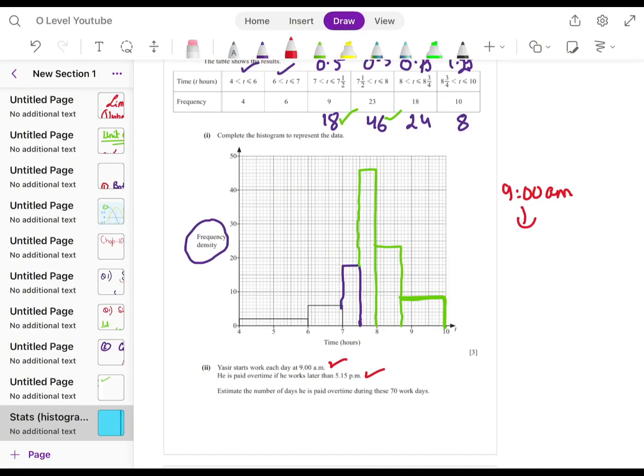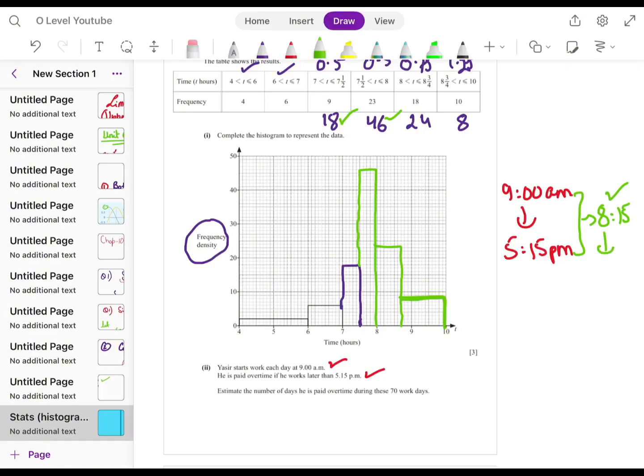a.m. till 5:15 p.m. If we find the difference between these two, this means that he works 8 hours and 15 minutes per day. After 8 hours 15 minutes, he will get paid for overtime. Okay. After 8 hours 15 minutes, if he works more, he will get paid the overtime value. Okay. So now the important thing is that